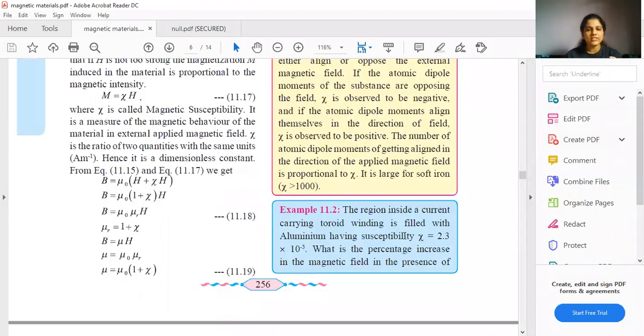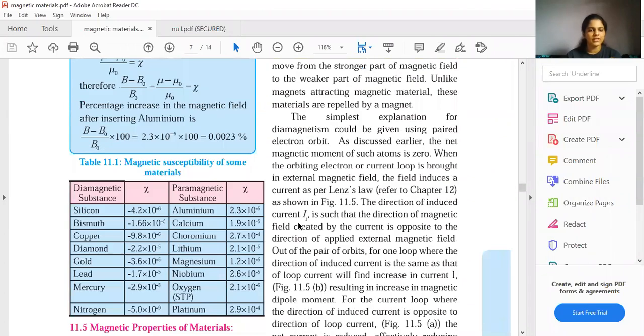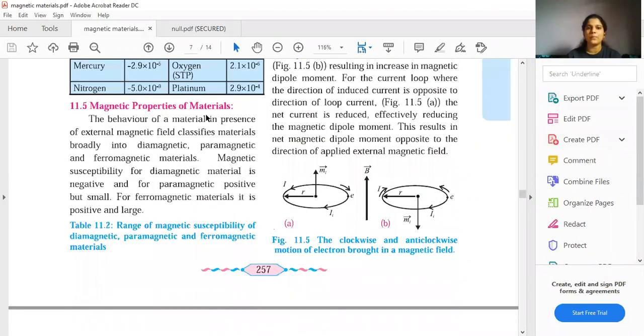Now today students we will be seeing the next topic, that is magnetic properties of a material. Basically in this topic we will be studying what the different types of magnetic materials are. There are three types: diamagnetic, paramagnetic and ferromagnetic. I think you all must have heard about these things somewhere till now, in your 11th or 12th, maybe in some other subject.